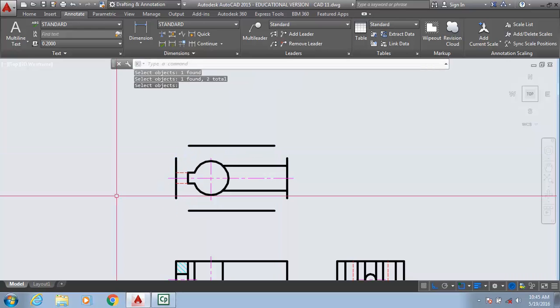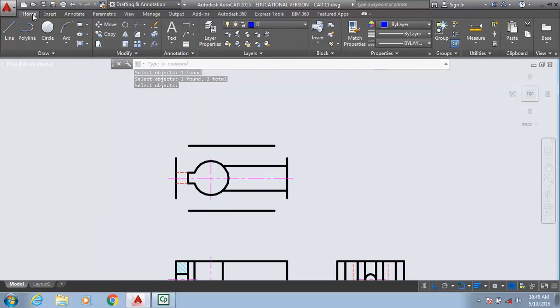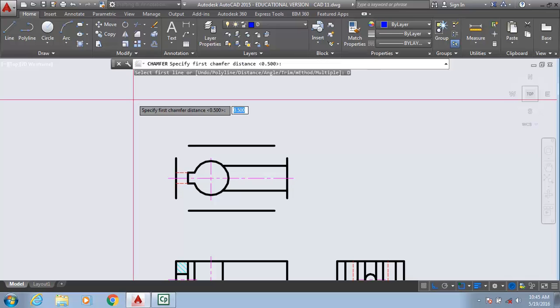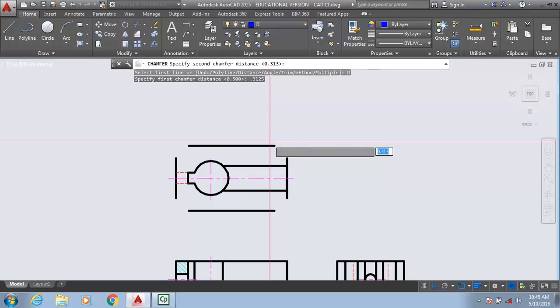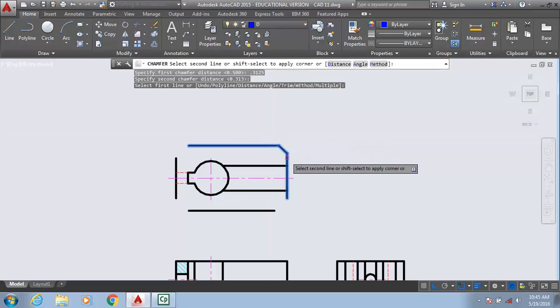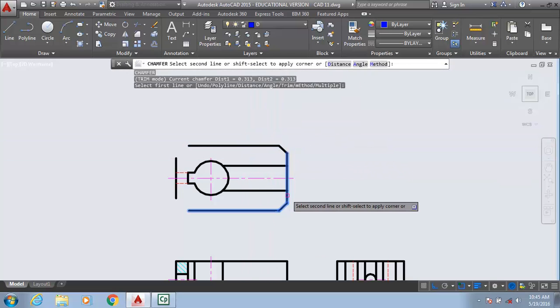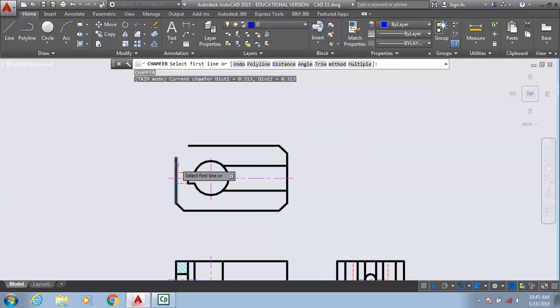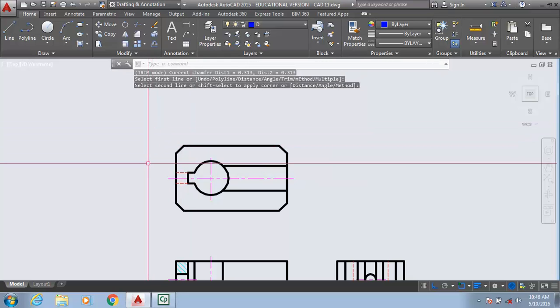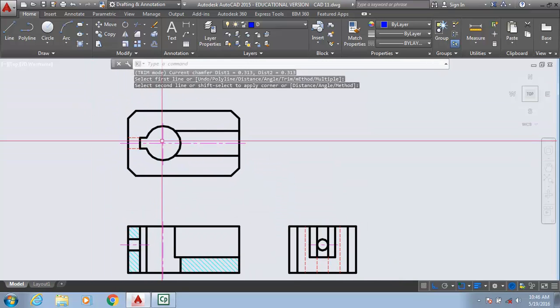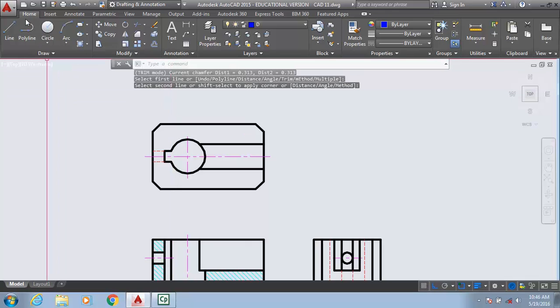Okay, and I'm going to go to my fillet command, chamfer command, chamfer. I'm going to set it for the distance of 0.3125. And then I'll just pick this line, see? This line, this line, this line, this line, this line. So there's my correct distance. Okay. Let me go back to dimension,